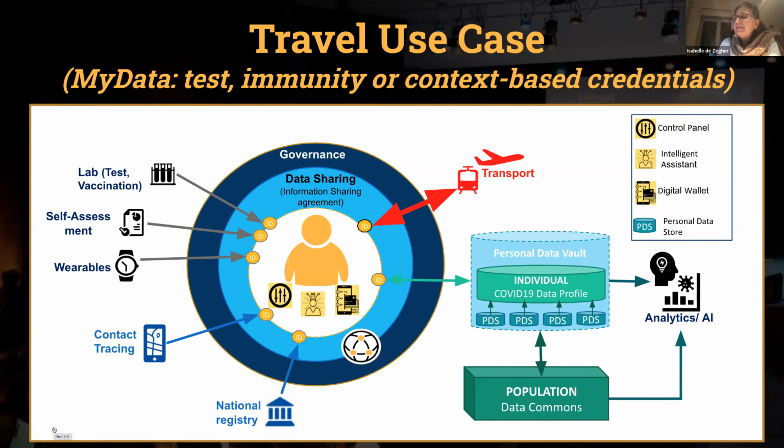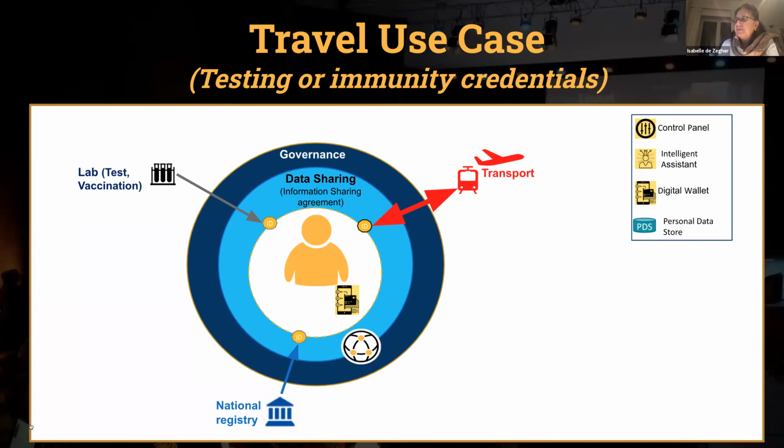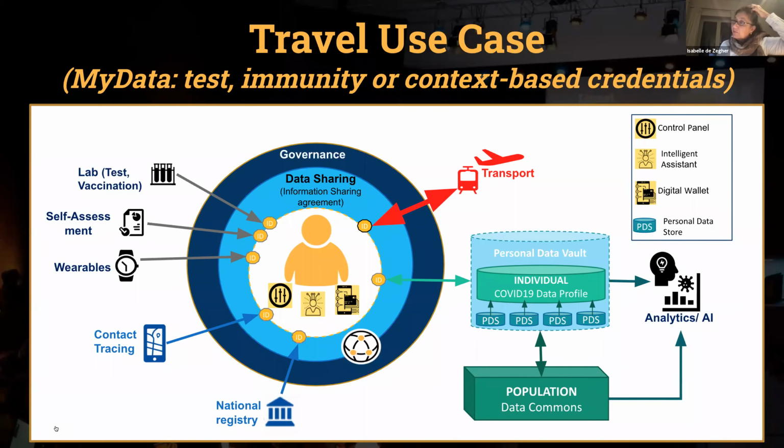Yeah, but there's something quite important here: it is important to have those population commons, because if you don't have that population context, the only thing you can do is black and white, as you can see here. If you want something with less stigmatization, then you need more data. And by the way, if you have additional information like self-assessment and wearables, and contact tracing is potentially as important for that case, you can also do